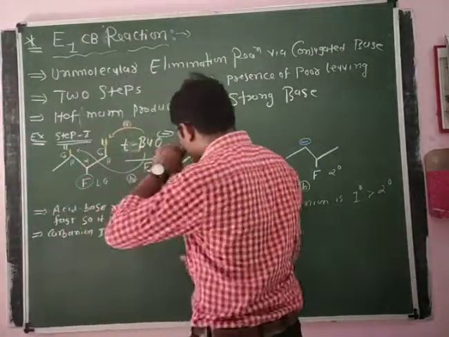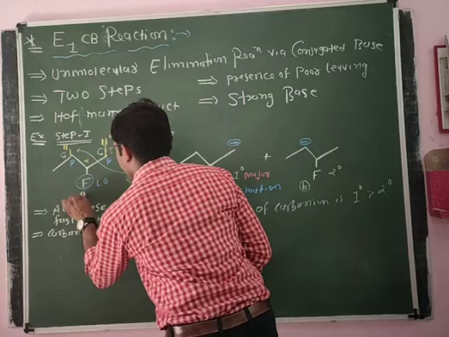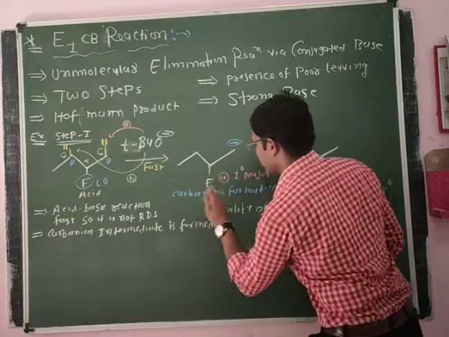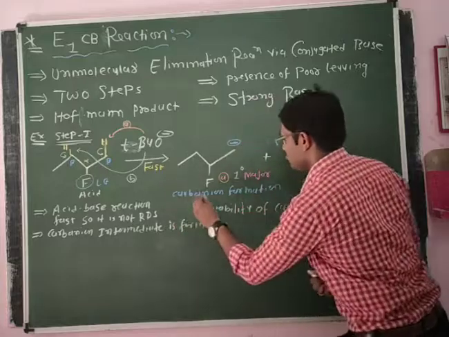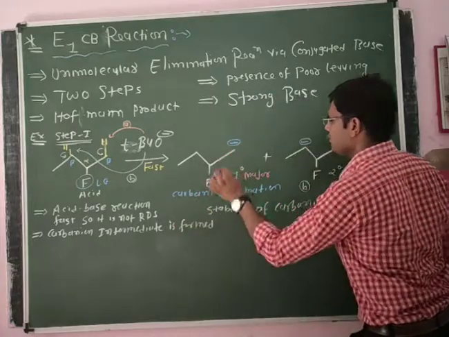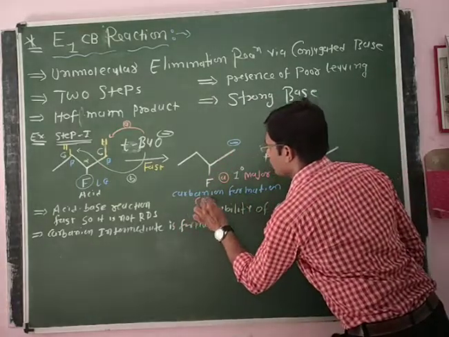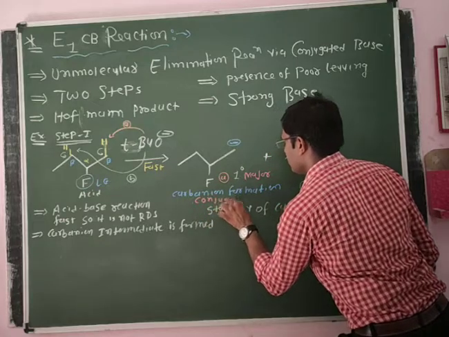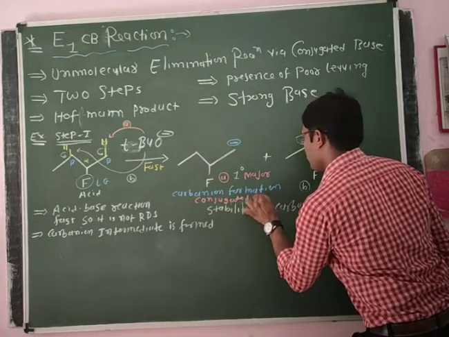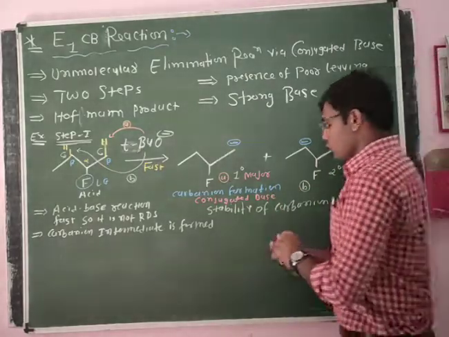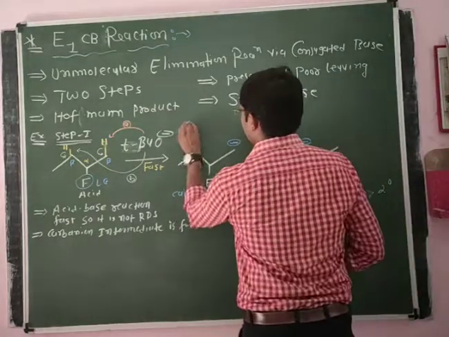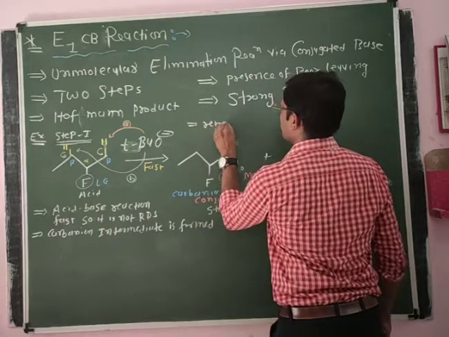So this one is our acid, and this one is also a conjugate base. So in the first step there is formation of a conjugate base. So this step is known as removal of proton